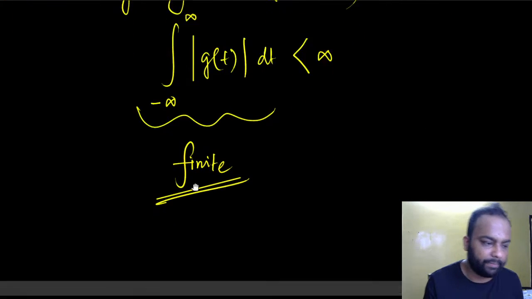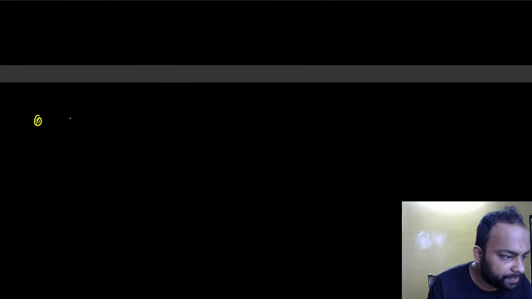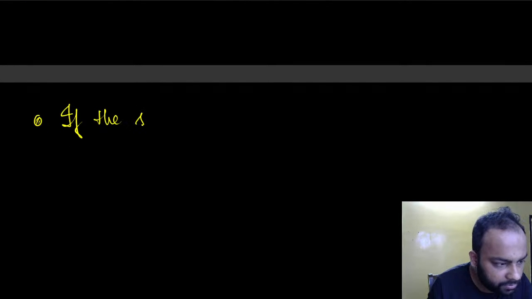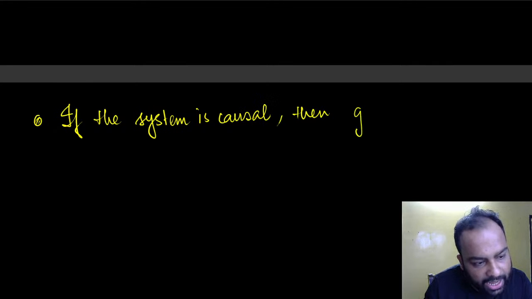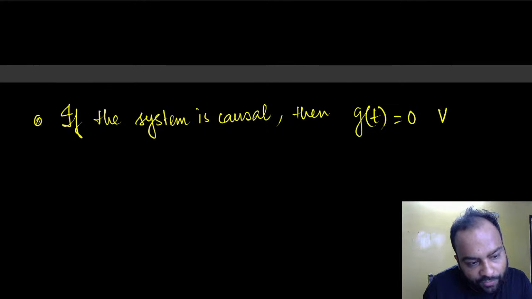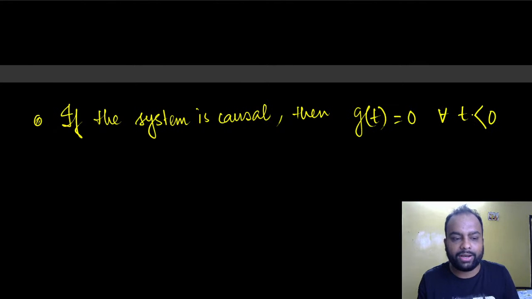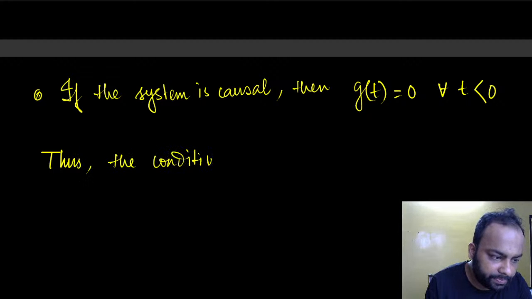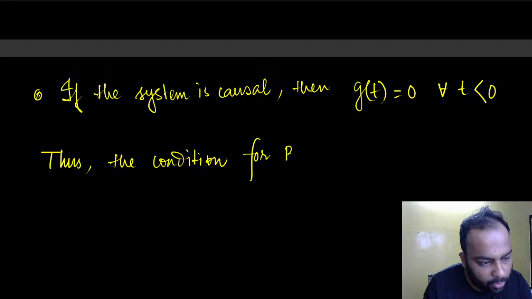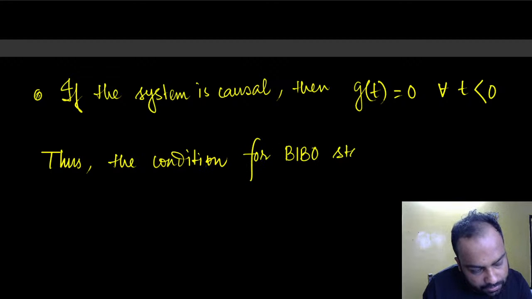There is just one more thing. If the system is causal, then of course the impulse response is 0 for all t less than 0. So for negative time, the impulse response has to be 0 for a causal system. Thus, the condition for BIBO stability becomes,